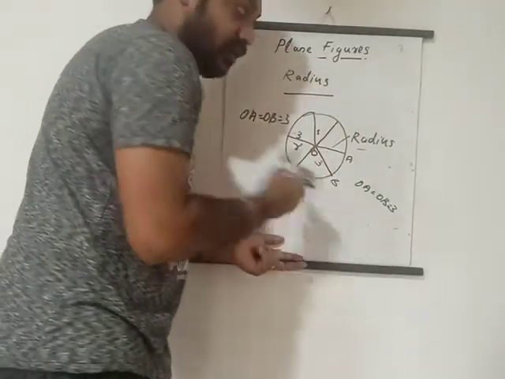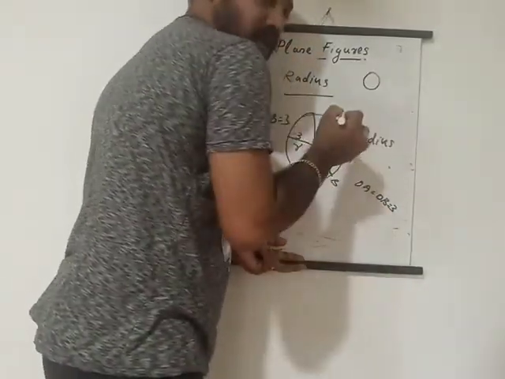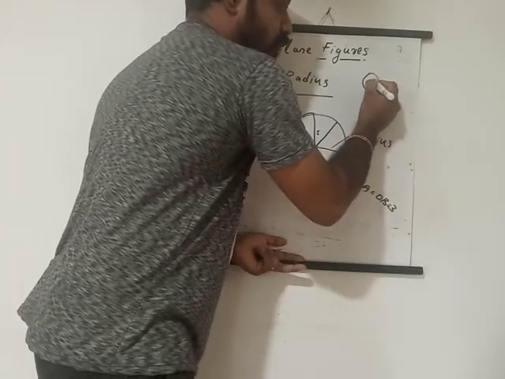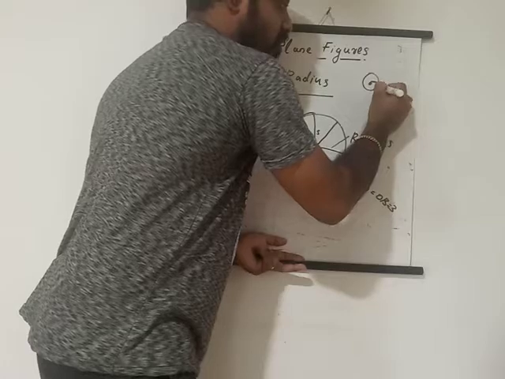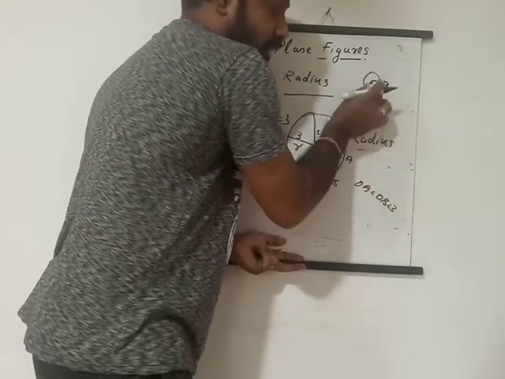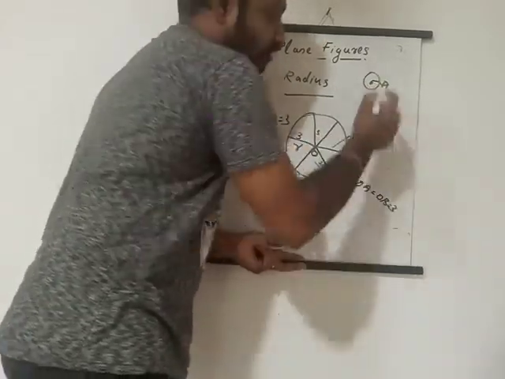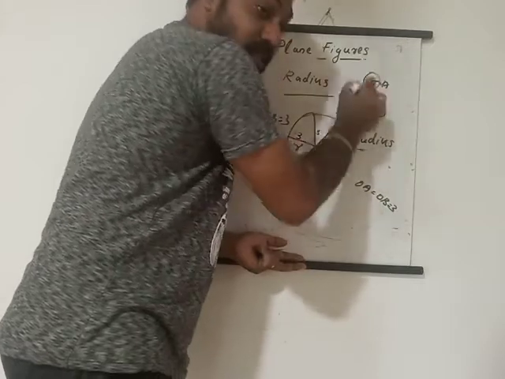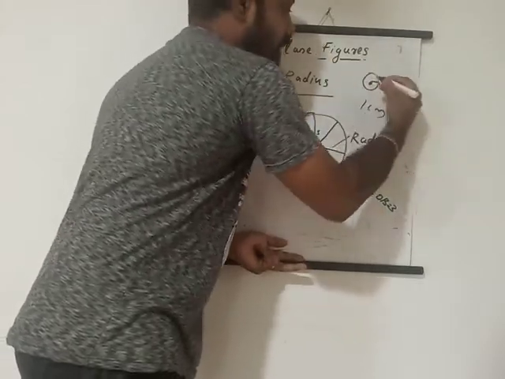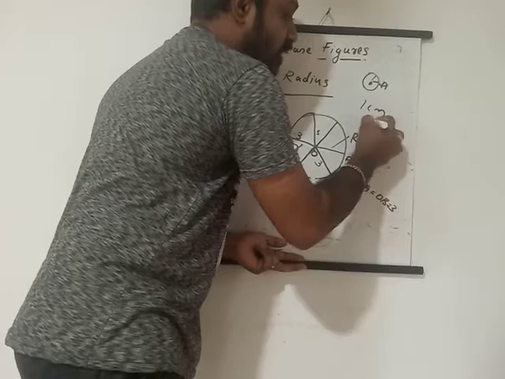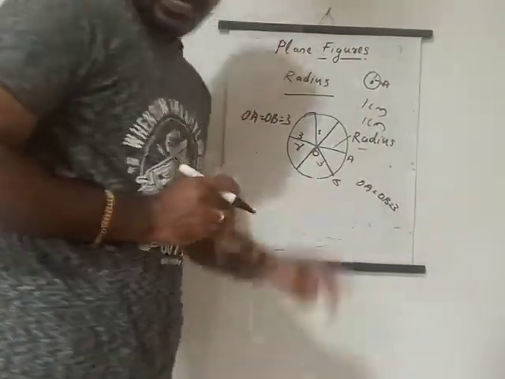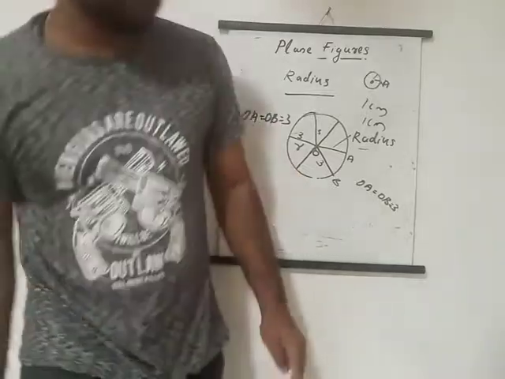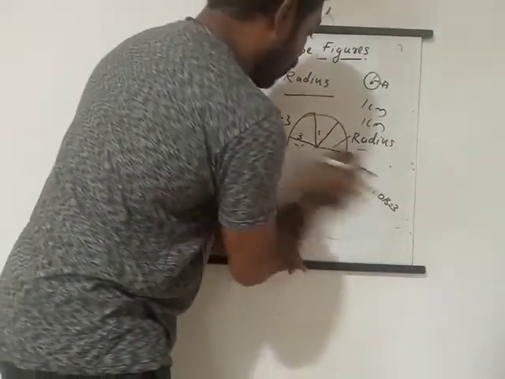In the case of this circle, if I am drawing another circle, this is a small circle. Here we can see a point, and this is A. This is also a radius of the circle, but it is small, but it measures a radius. For example, it is 1 centimeter. For this circle, the radius is 1 centimeter. That means all the radii measure 1 centimeter for this circle. Understand? So that is called the radius of the circle, from the center to the point on the circle.